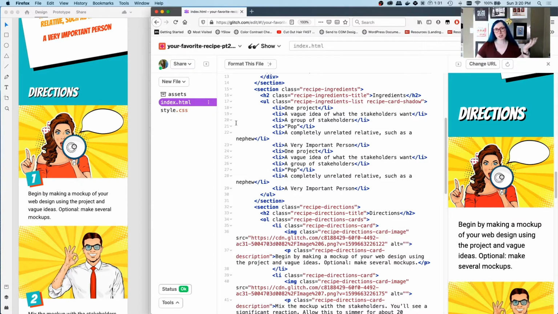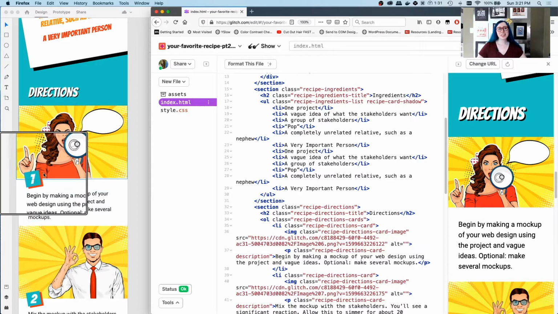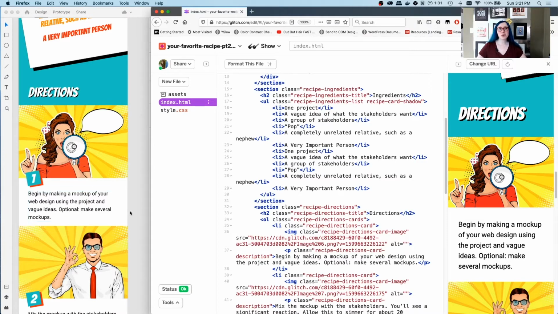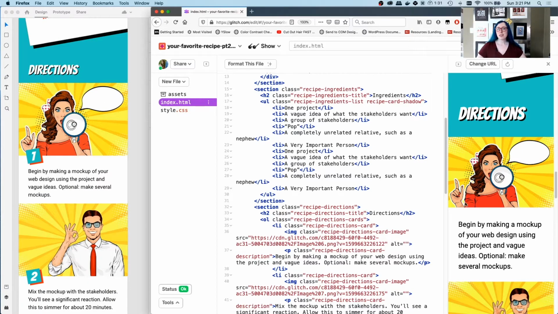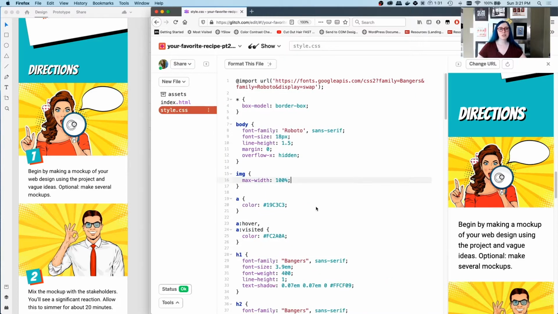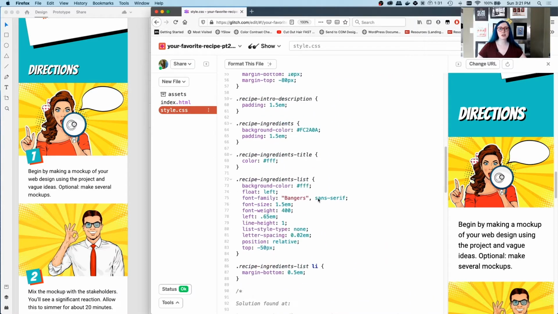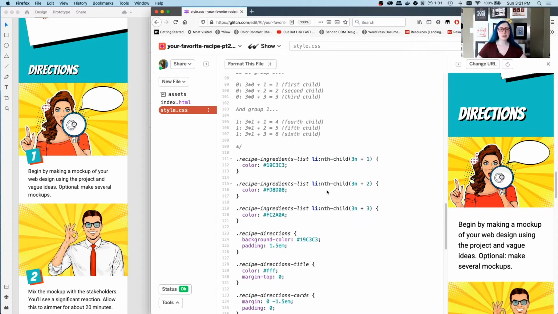So if you've been watching your favorite recipe tutorials, one thing that you might have noticed is that I've kind of quickly and quietly skimmed over how to do this fancy list style here in 3. You'll notice that I don't even have those in my code here. And when I did that, what I did was under recipe directions,